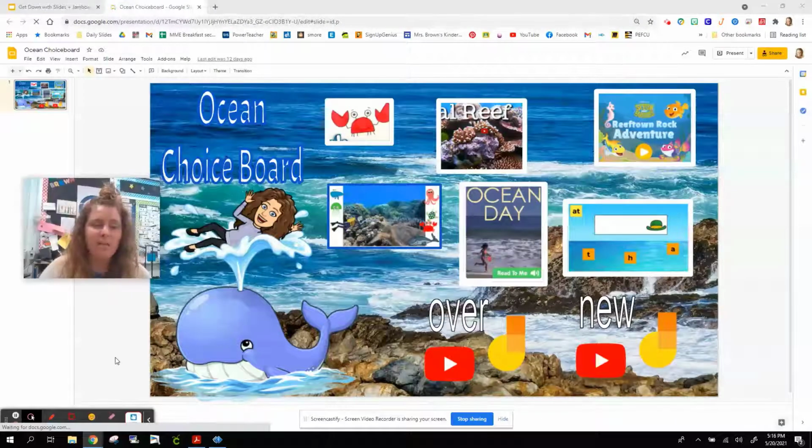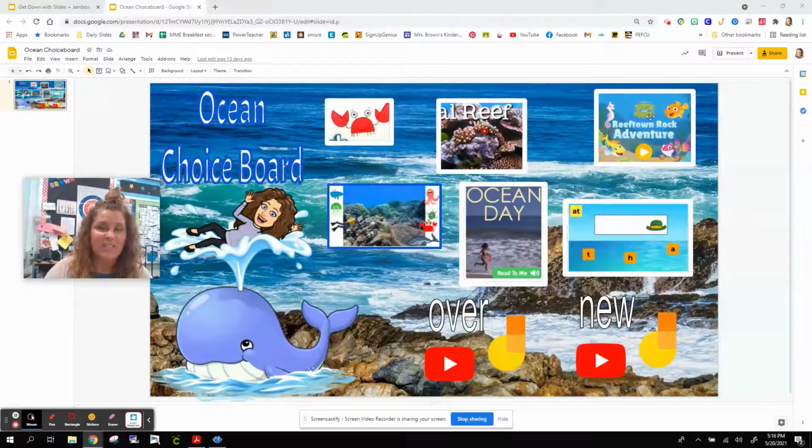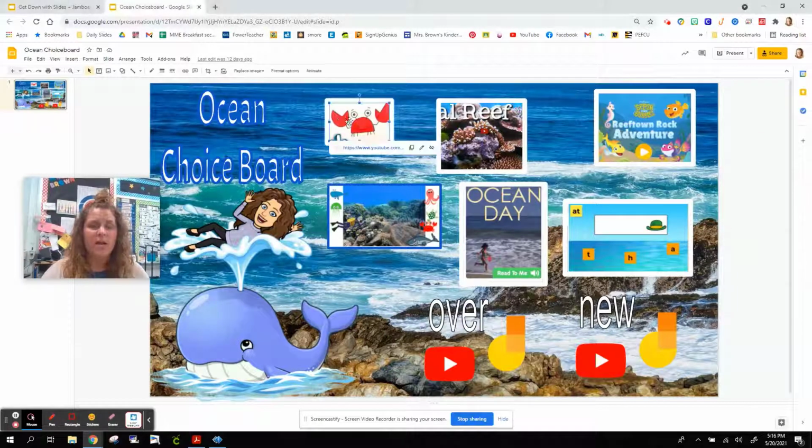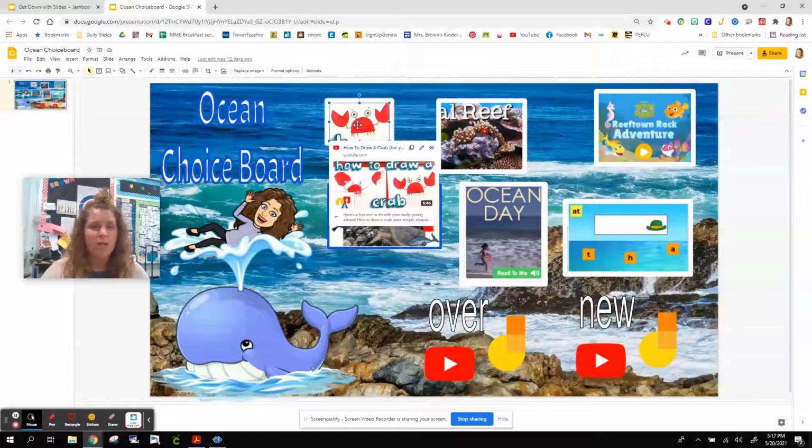A lot of times I might have 2 different choice boards available for the week, and I usually take this game off at the beginning of the week, and I add it about Thursday and then on Thursday and Friday, because otherwise they're going to want to play the game all the time, which I understand. So on this particular choice board, some of the options that they click on,